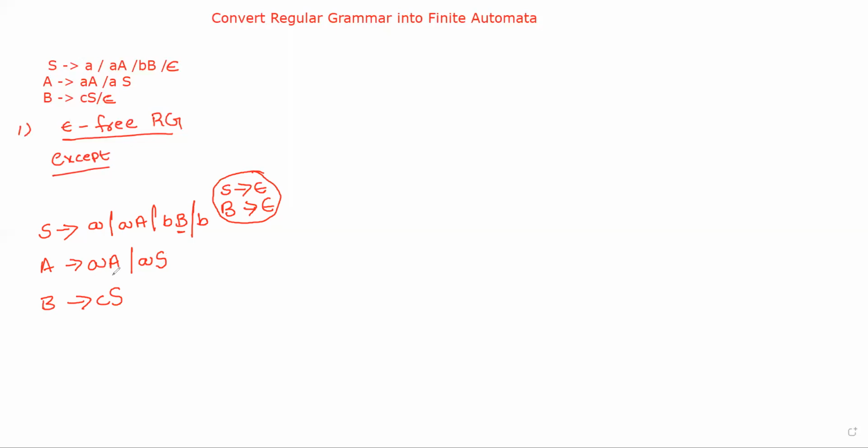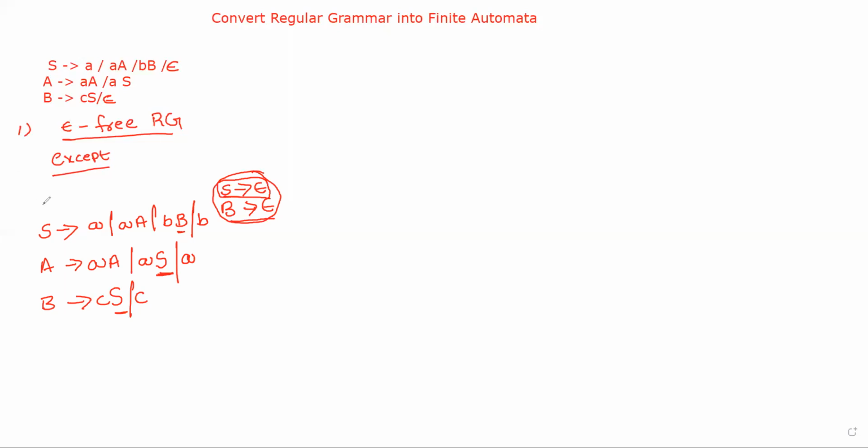In this, S tends to AA or AS. If S is replaced with epsilon, we have A. B tends to CS. If S is replaced with epsilon, C. Observe, now the B tends to epsilon is completed, that is, all the B's are replaced. But we have the production S tends to epsilon also present. Now what to do? The start symbol may contain epsilon, but observe this production: the right hand side contains capital S. It also contains S. So this is not possible.